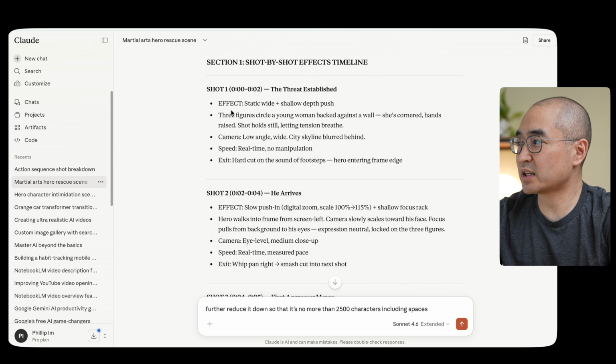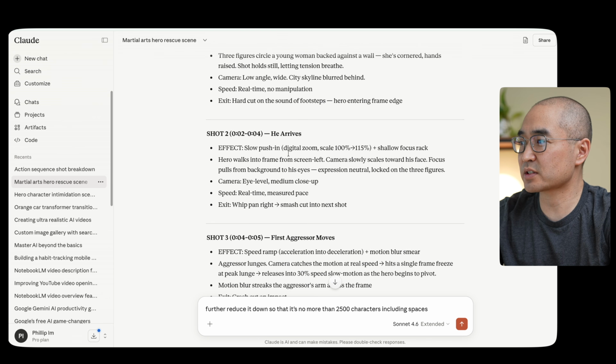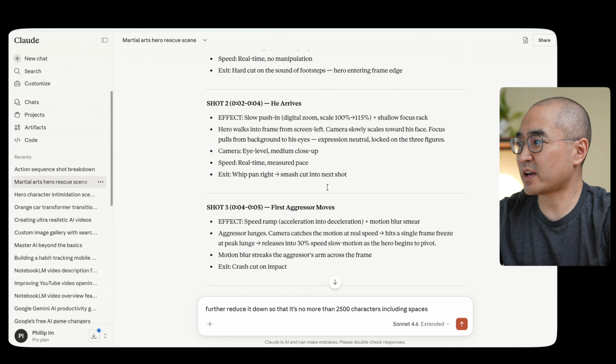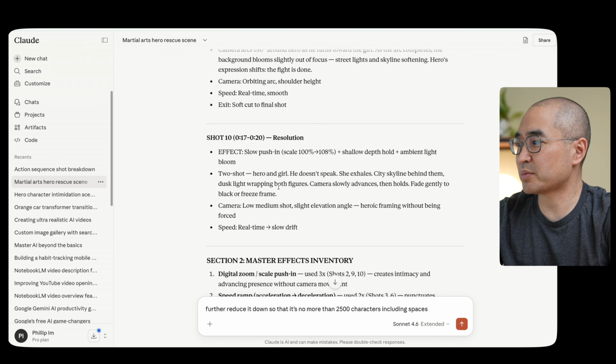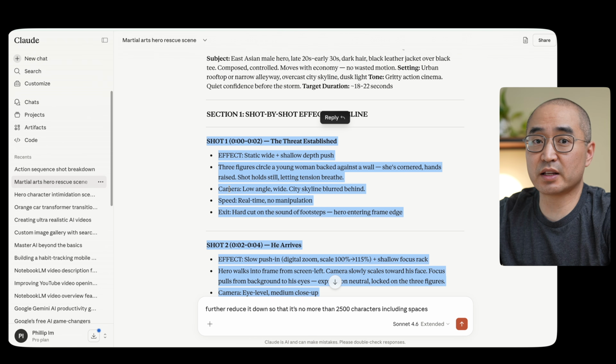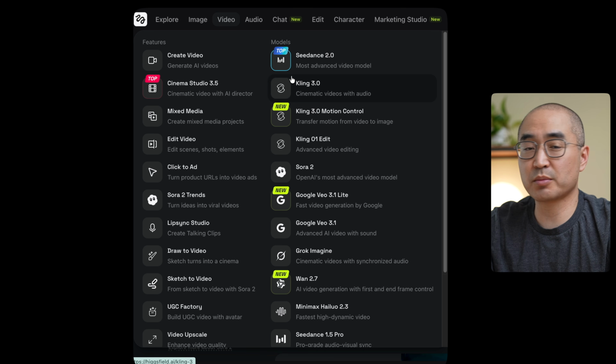And as you can see, it gives me shot by shot the description of what it looks like, and it even describes the effect that it suggests the video to have. I'm going to go ahead and copy and paste this and then just feed it right into the video generating platform. The platform that I'm using is Higgsfield AI, and it gives me access to a lot of the most